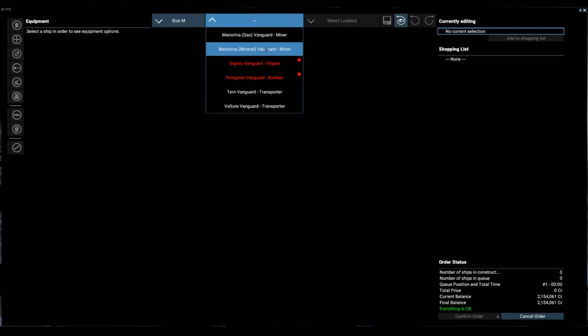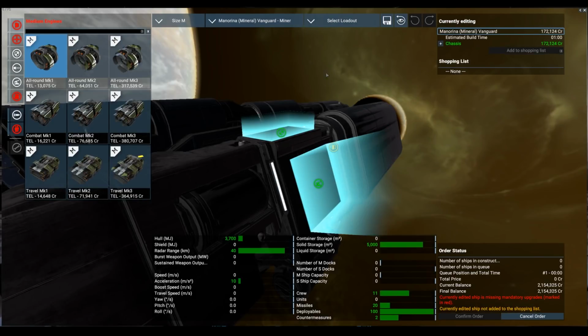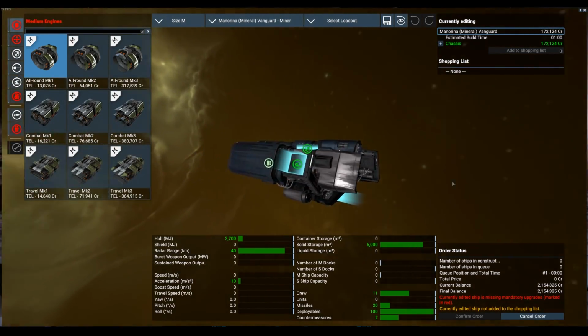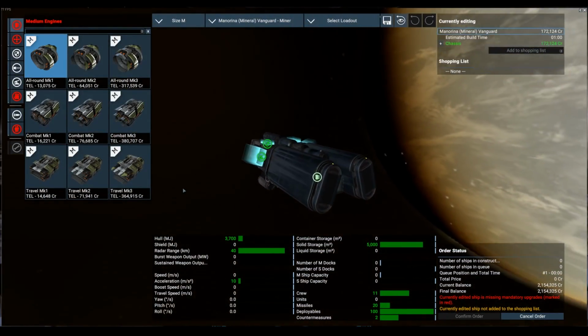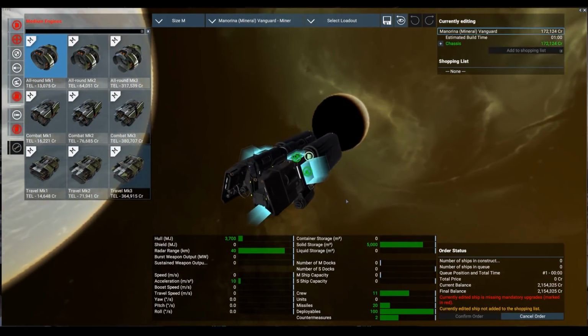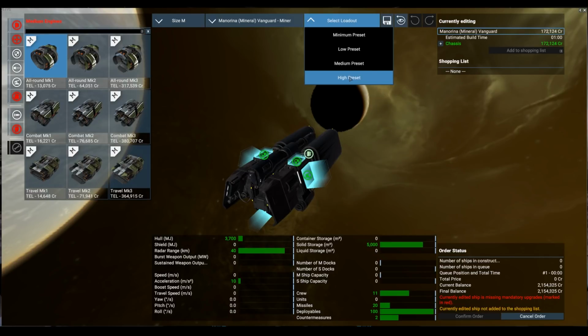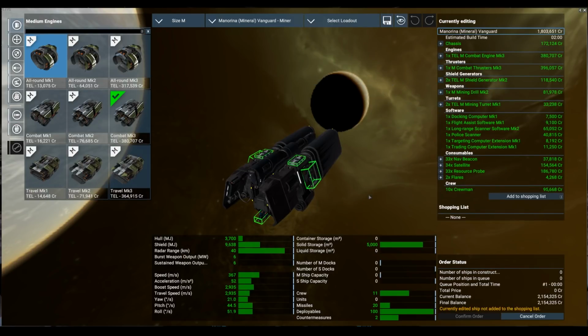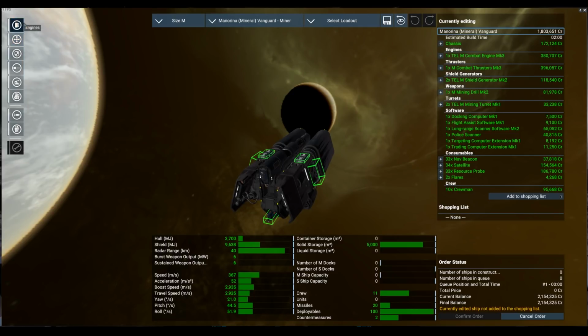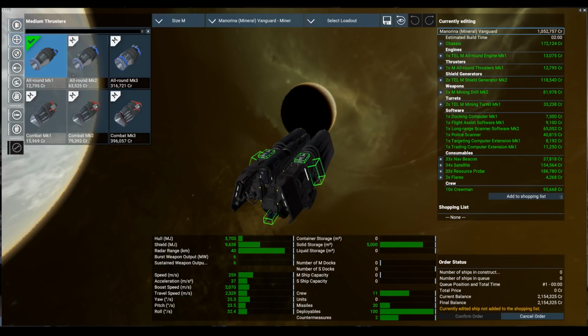And we have the Manarina, which is the Vanguard Miner. And let's have a look at that. Okay, that's remarkably utilitarian. I really think I prefer the Paranid, but I suppose it has some sort of appeal. We have no presets, of course, because I haven't bought anything from this race before, so we'll just go through quickly. Choose the lowest engines, the lowest thrusters,